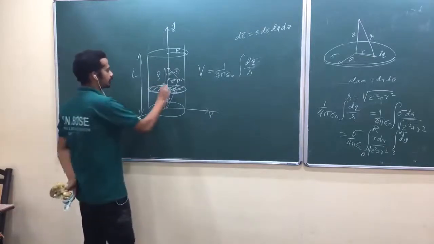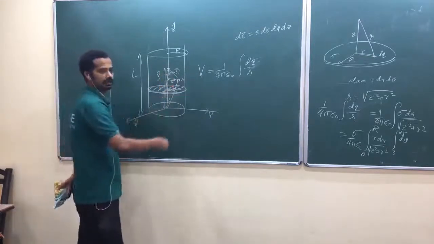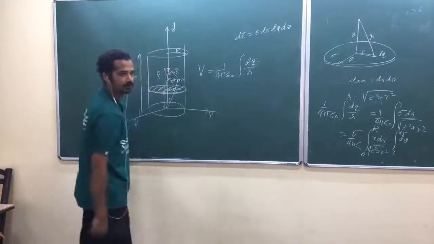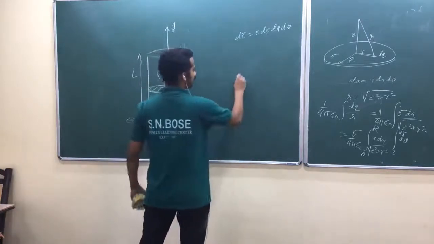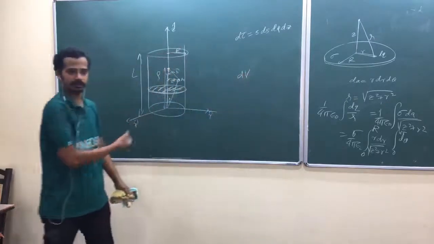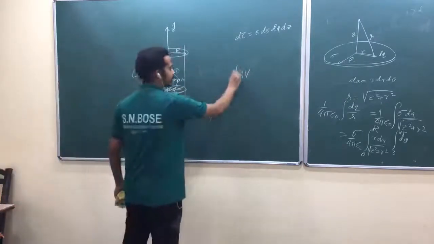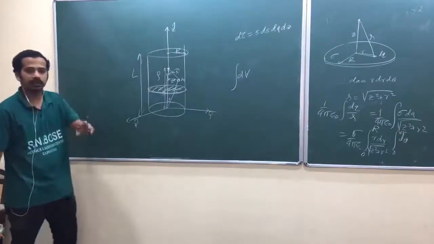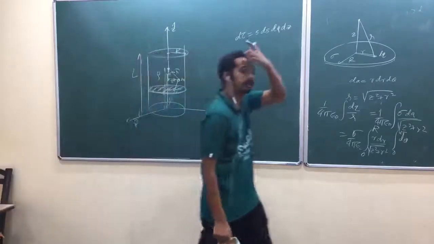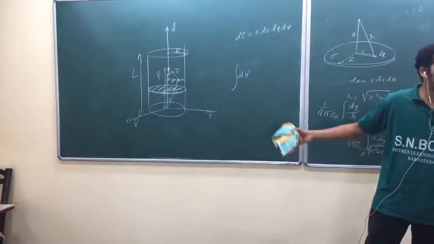And I think you have to take this one as z like that. Whatever the answer you have, just take the answer as dV due to one disk, and try to integrate that one. Okay. But somewhere you have to link that sigma to rho. That's what I want to talk about.